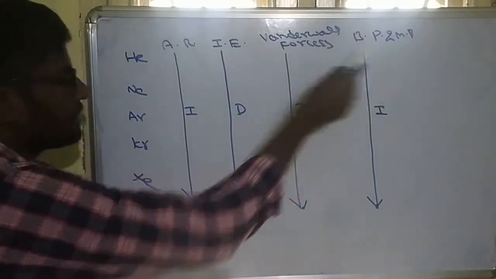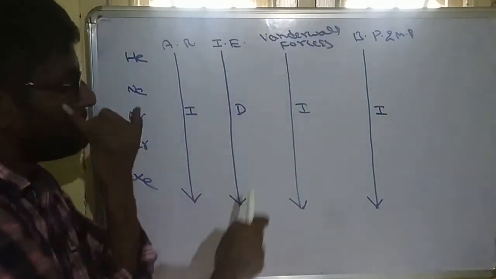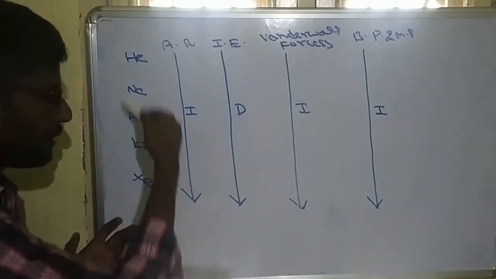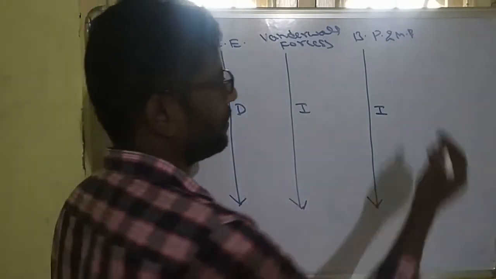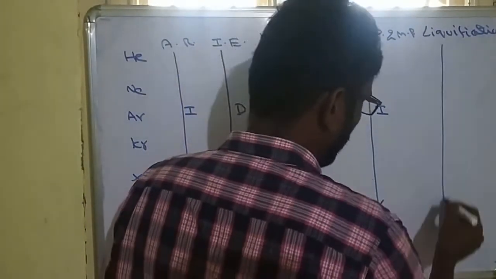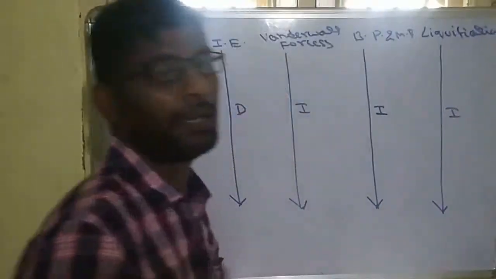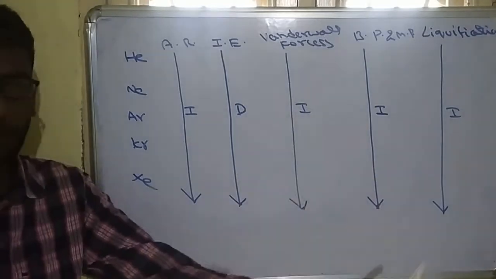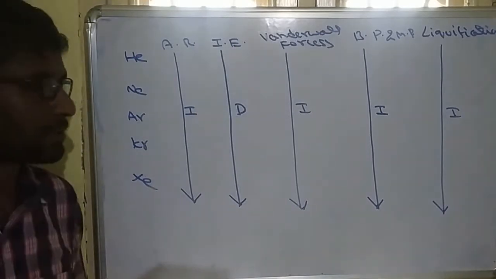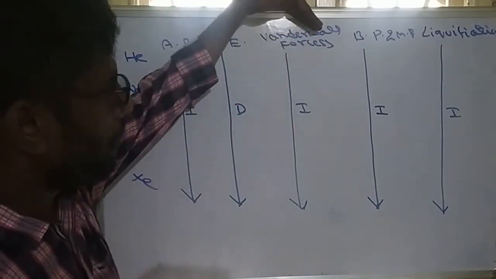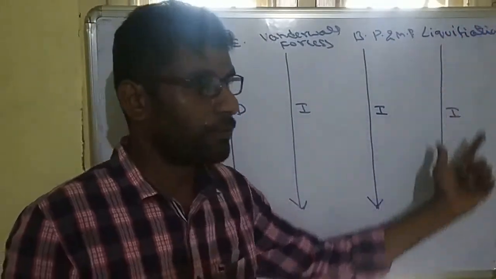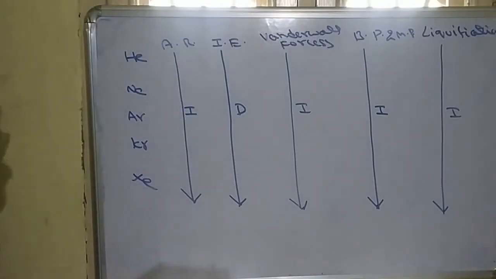Why is the boiling point low? Due to its small size, it has very small intermolecular forces. Intermolecular forces increase from top to bottom. That's why boiling point and melting point increase from top to bottom. Sometimes this is also called liquefaction character. So liquefaction increases from top to bottom. Xenon can be easily liquefied, whereas helium is very difficult to liquefy. So all these physical properties of noble gases: atomic radius, ionization energy, intermolecular forces, which we call van der Waals forces, boiling point, melting point increase top to bottom, and liquefaction character also increases top to bottom.